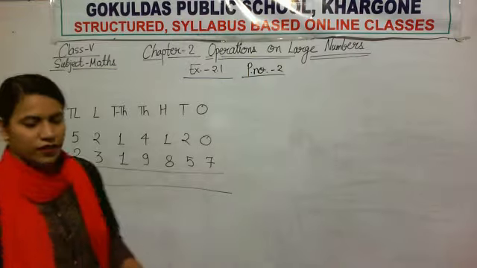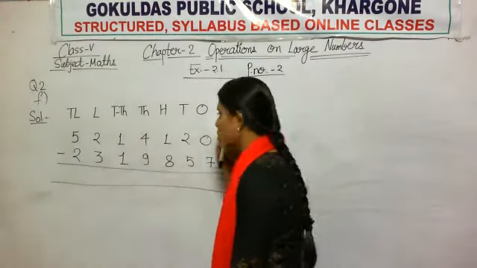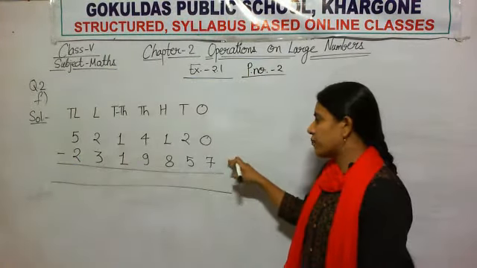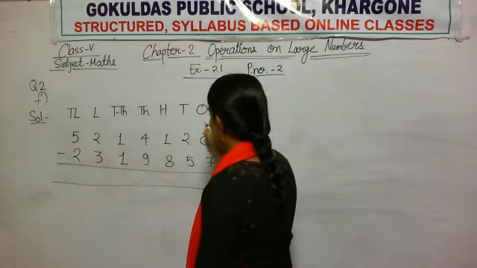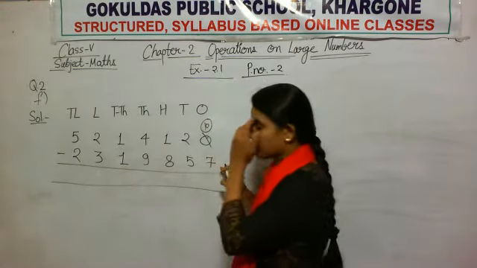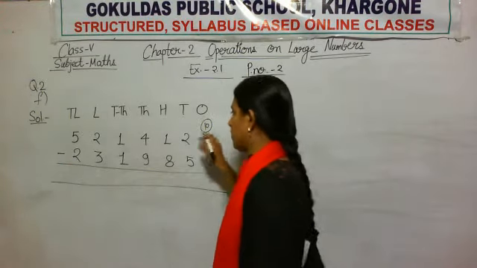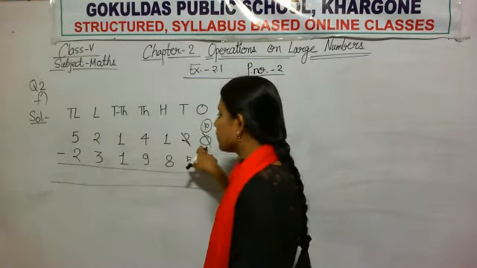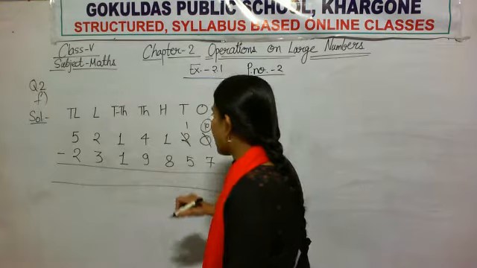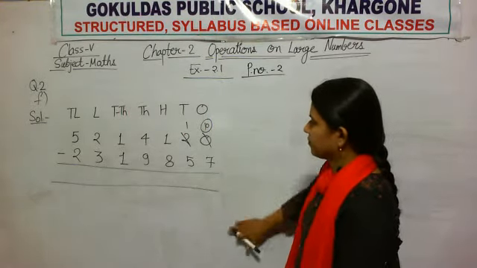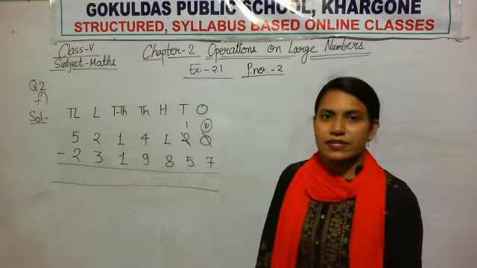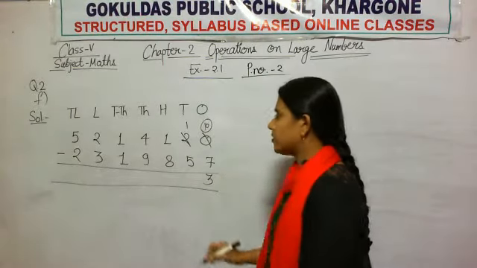Now start solving. You have 0. You have nothing. You cannot subtract 7 from nothing. So what will you do? You will take borrow. It becomes 10. Now you can subtract 7 from 10. It has given borrow, so here only 1 is left, right? Now solve the 1's column. 10 minus 7. 10 minus 7 is 3.